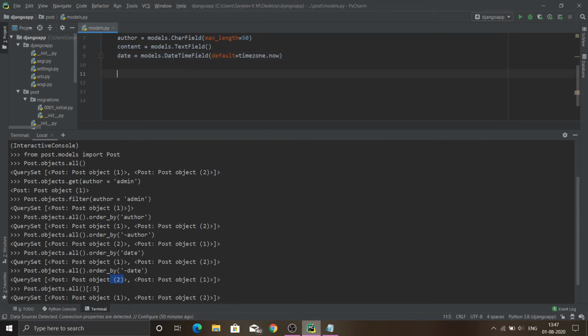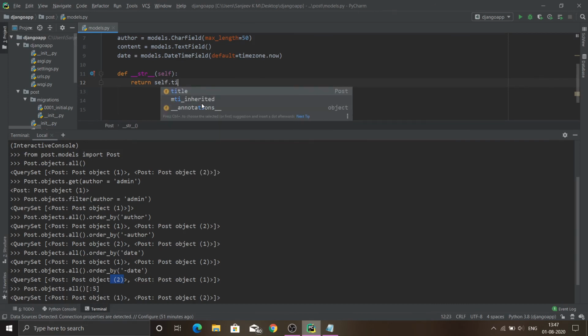So let me create that double underscore str method, whose return value contains the format on how it should display. If I need to show all these objects by their title, I could simply say self dot title.